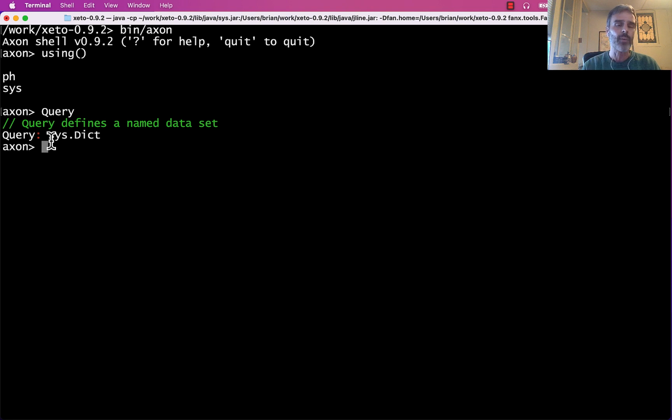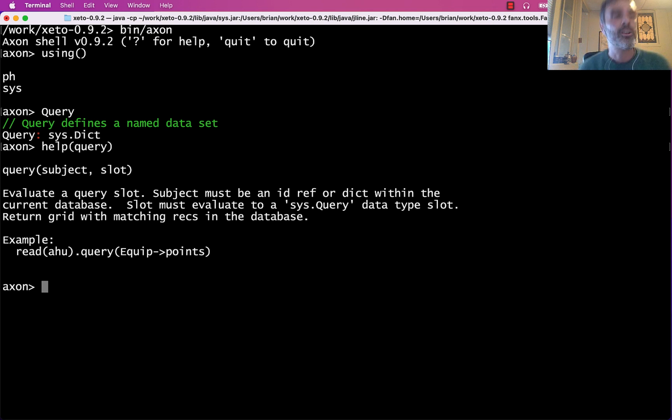So to look at how that works, in this video we're going to look at just how queries work from a mechanism perspective, and they're implemented with a function called query. Okay, and you can see query takes a dictionary and a slot name, and it runs that query against the database. So once again, in the previous video we talked about how the shell has a virtual database that you load. I actually have a data file here